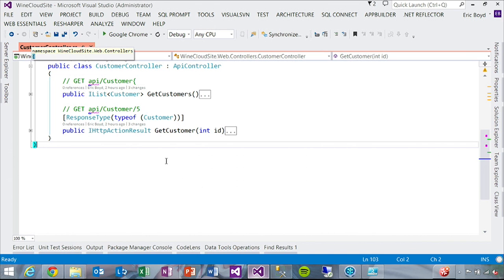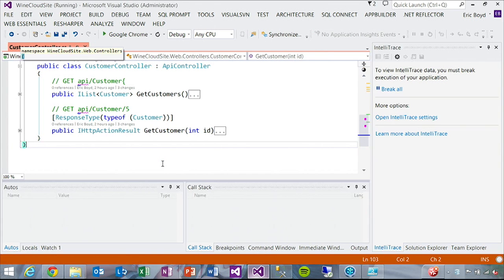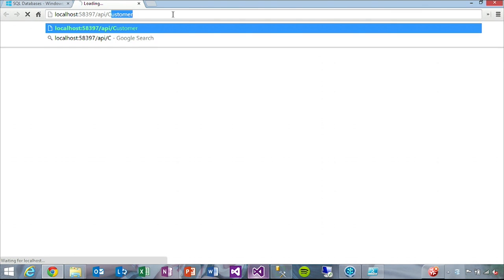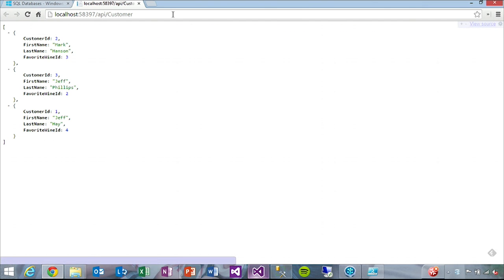So now I want to see this in action and see if this really works. So I'm going out and querying multiple databases all at once. So if I call this customer API, what I should see is a list of all my customers getting returned. Now, different than we saw earlier, because the task parallel library is going out and querying those in parallel and bringing the results back together, I didn't do anything to sort them by customer ID when I brought them back together. And so you'll see that the task parallel library must have completed and brought in 2 and 3 before 1,